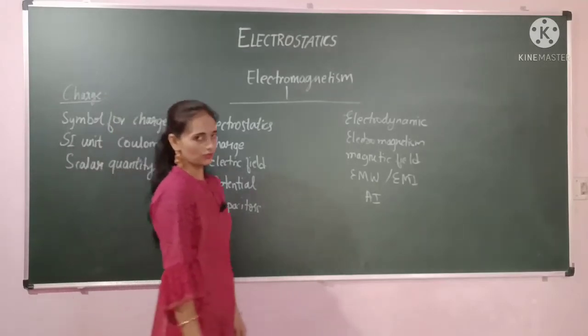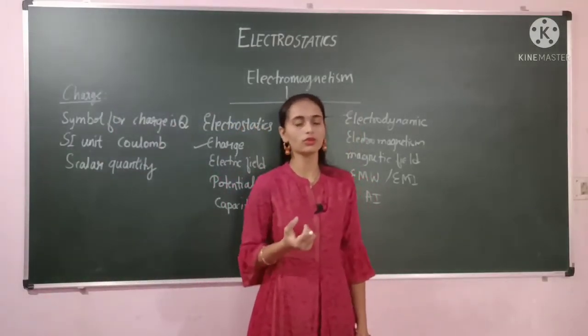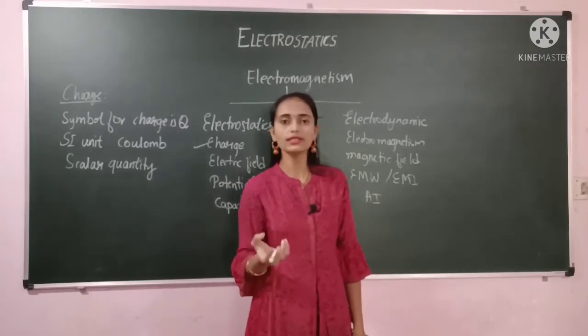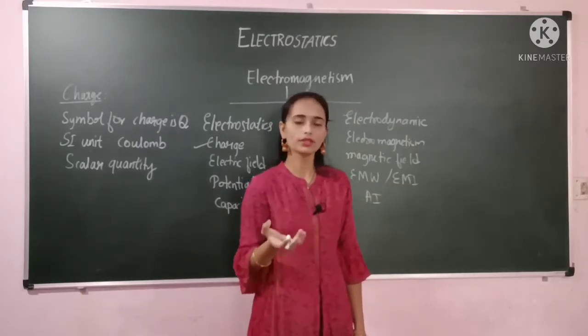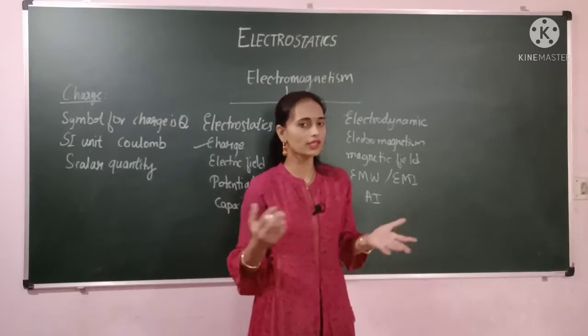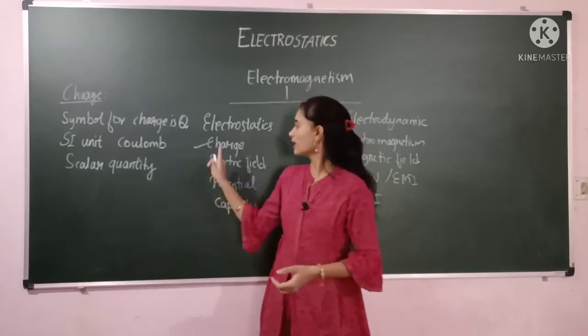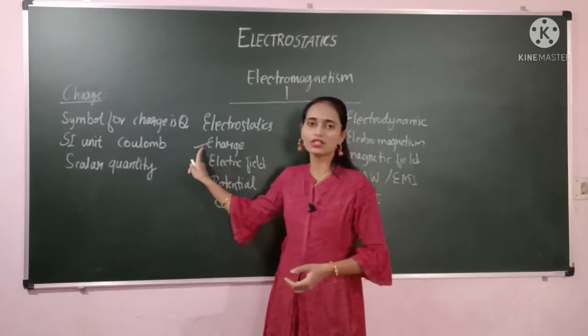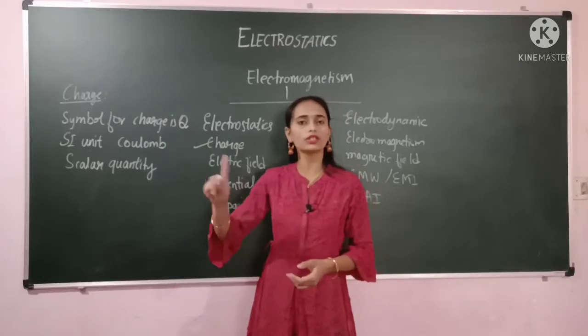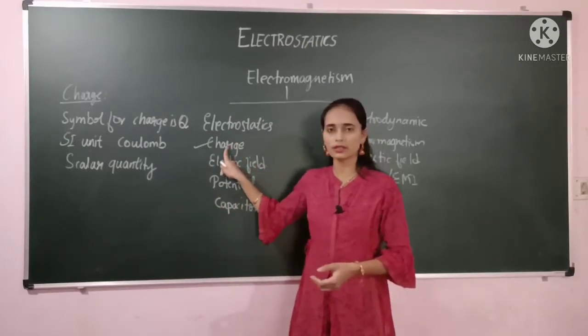Next, in our first year classes we have already studied about the gravitational field, no? That gravitational field is created by what? Mass. Because of mass only it has gravitational force and creates a gravitational field. All those things you have studied. So for the electric field, who is responsible? Charge. For the gravitational field, who is responsible? Mass. Here for the electric field, charge is responsible.